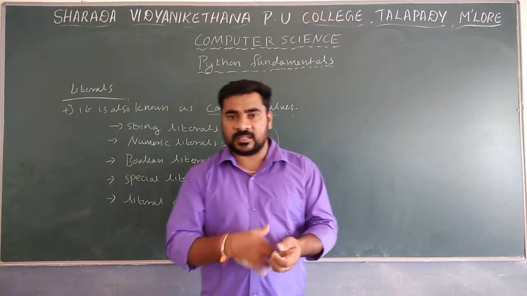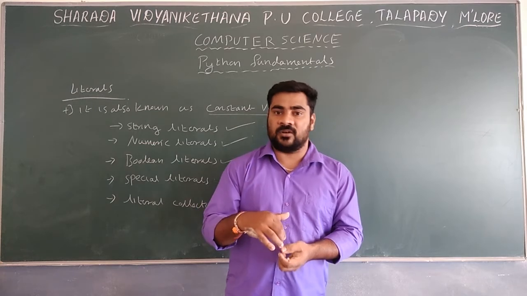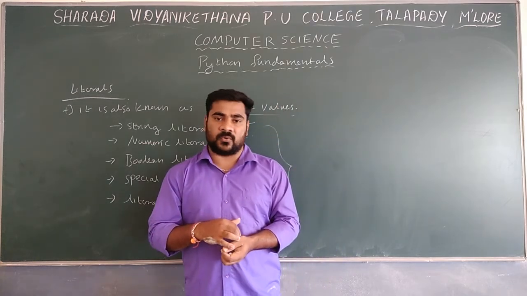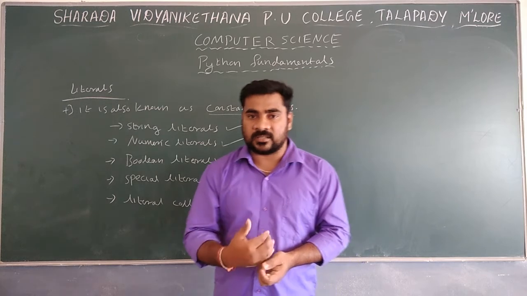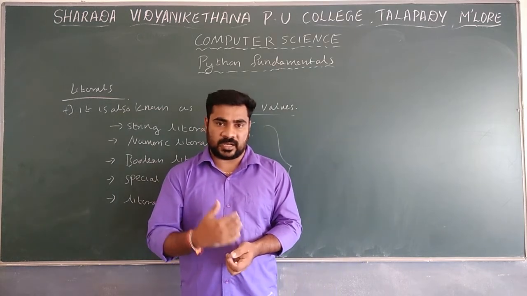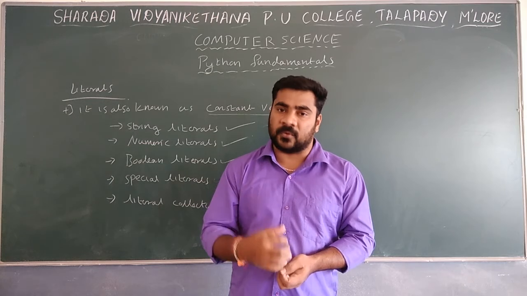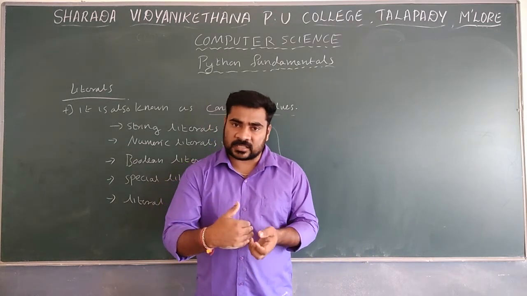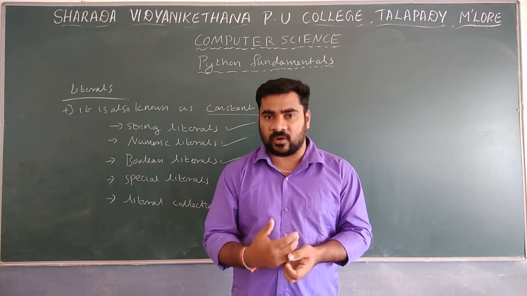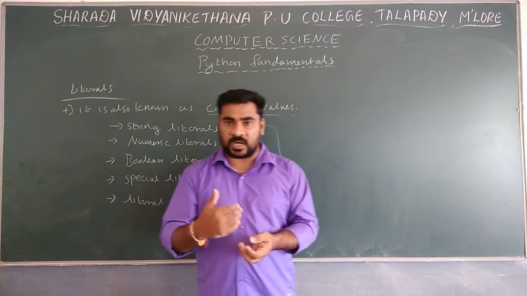After that, we discussed keywords. A keyword is a special word, or reserved word, that has a special meaning in a program. We discussed different types of keywords, and also identifiers. An identifier is a name given to a programming element. Then we discussed how to name an identifier. If you are going to name an identifier, certain rules are there, and we have to follow all the rules or constraints.